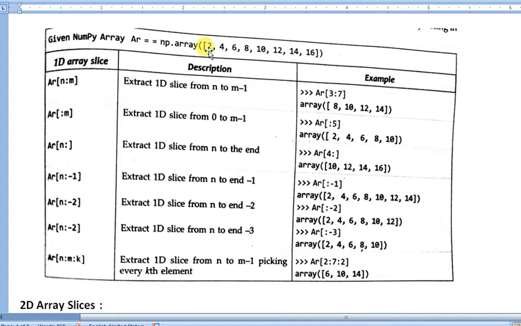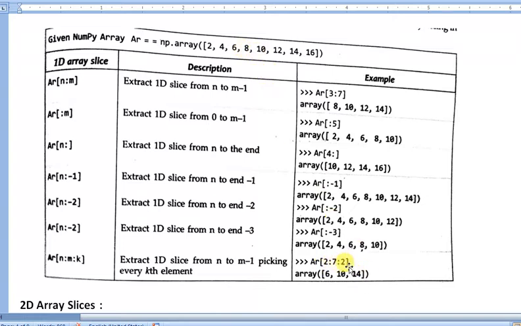If the last index is -1 and the first one is missing, it will extract from 2 up to 14, since the end is before the last element. With -2, it goes up to 12. With -3, counting -1, -2, -3, it will extract 2, 4, 6, 8 and 10.